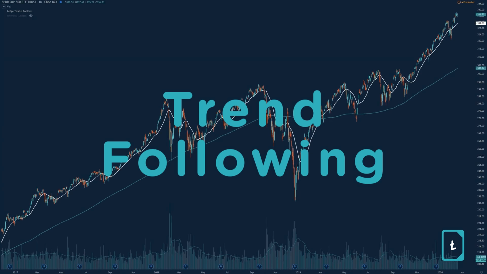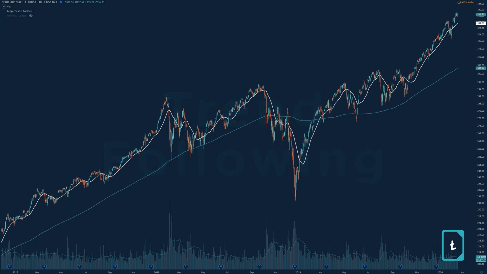I believe in using simple moving averages for enabling a tried and true trend following strategy. On this chart, I'm showing the S&P 500 with the 20-day and the 200-day moving average, of course, a daily chart. The reason that I like these two trend lines the most, or these two moving averages, one, let's talk